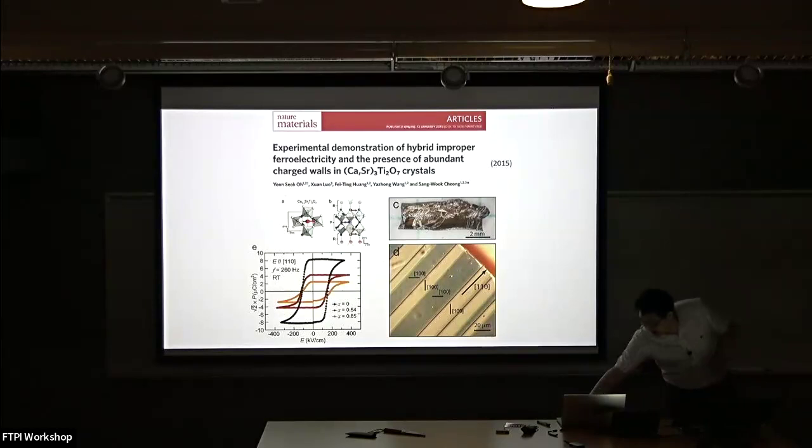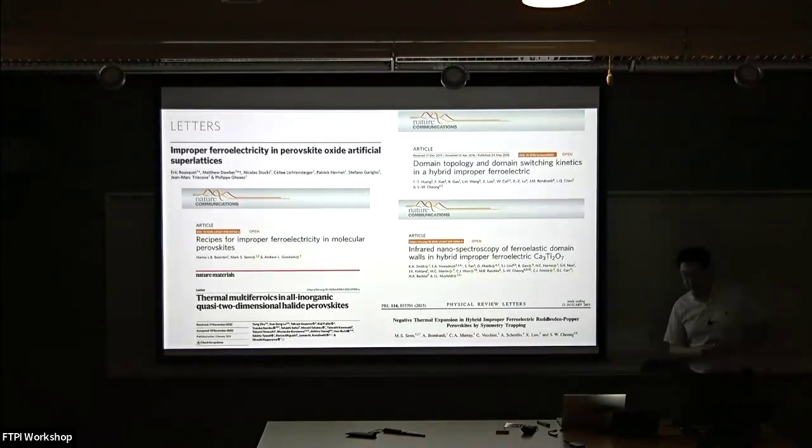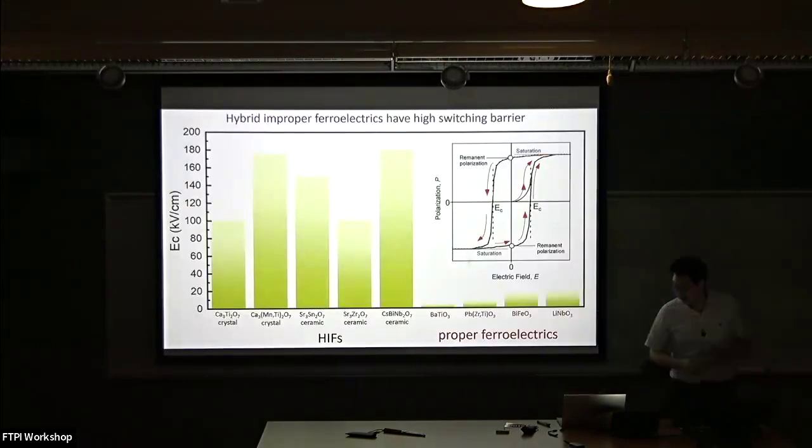And this mechanism not only works for bulk oxide crystals, it also exists in thin film samples such as artificial superlattices and molecular perovskites, as well as halide perovskites. Interesting physics such as domain engineering and negative thermal expansion have been demonstrated in those systems. So it's a very popular system, but despite this progress, there's an issue related to hybrid improper ferroelectric materials,